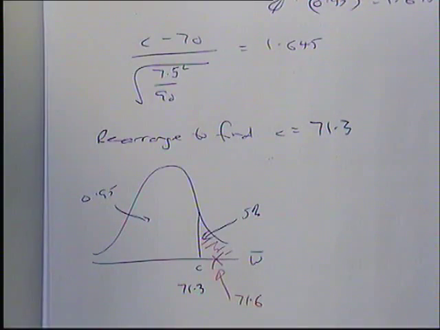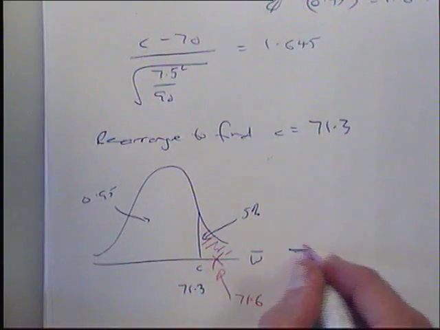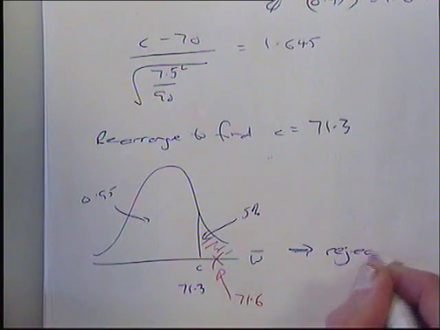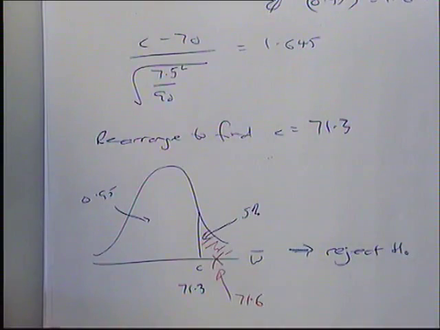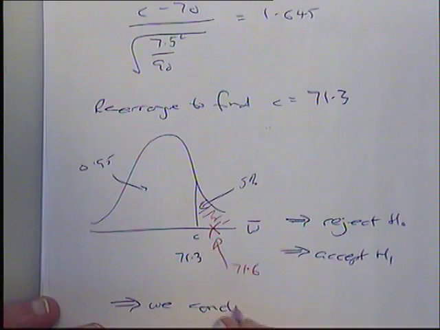And we said because the chance of this happening is less than 5%, because it's in the tail, we need to reject H0, because we have got a result which is less than 5% likely. 5% was our significance level. If you reject H0, you have got to accept H1, then you need to end your question with a sentence relating to the context of the question, and that would be that we conclude at the 5% significance level